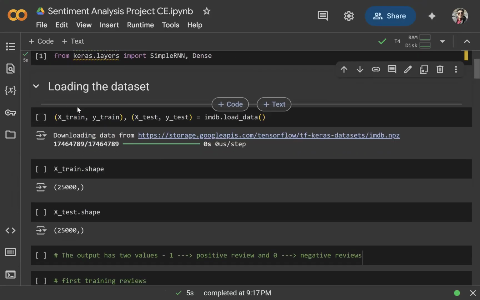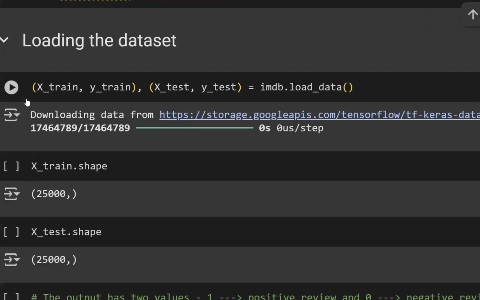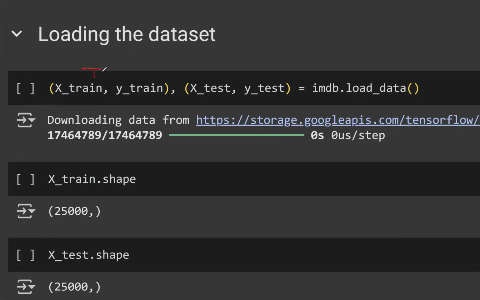Now, guys, in the next line, you will have your data set. This is your training data and this is your testing data: input training, output training, input testing, output testing, from this particular functionality. When you run it,